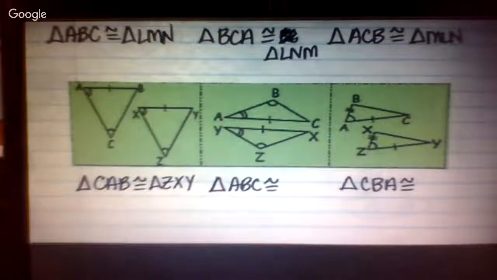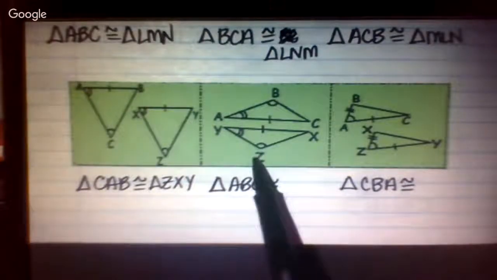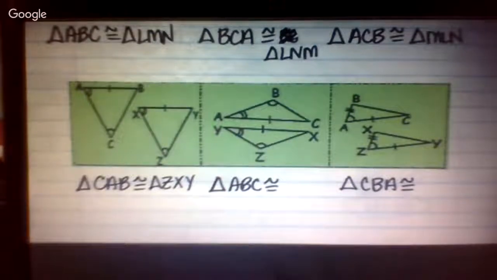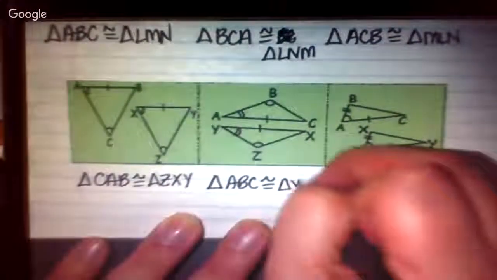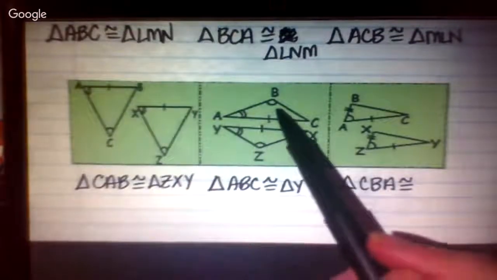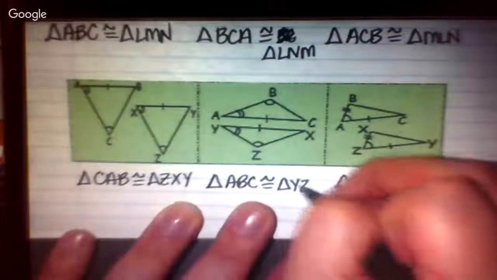Triangle ABC. You don't know. ABC. Say what I just said. ABC. Take a look at the symbols. So if I've got A first, what does A go with? Guys, stop talking, please. Take a look at A. On this one, which one matches A? Y. Good. So we start at Y. We've got B up here. Which one matches B? Z. And finally,